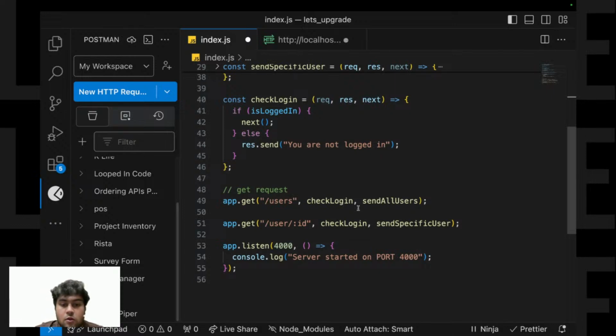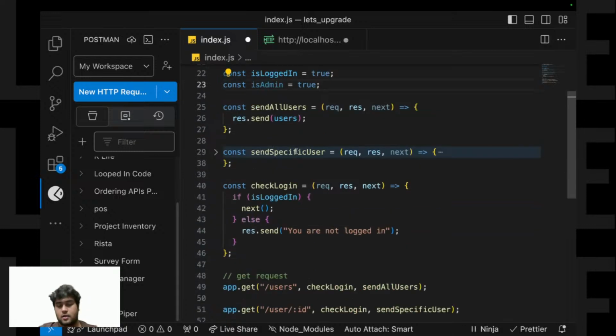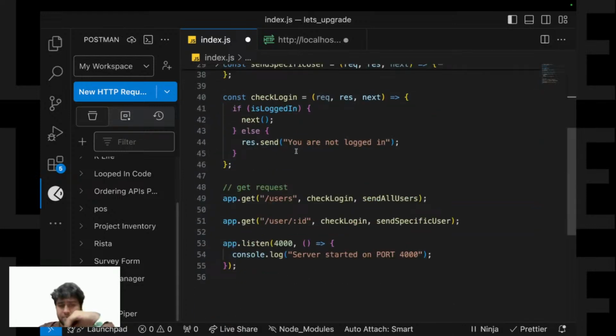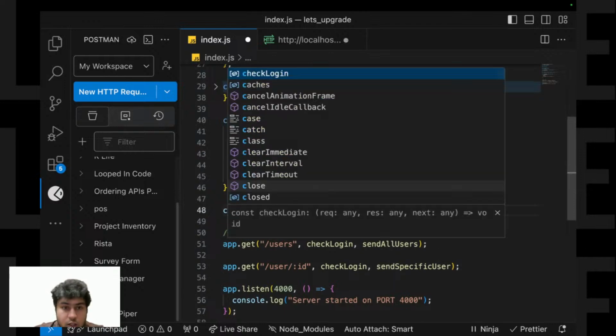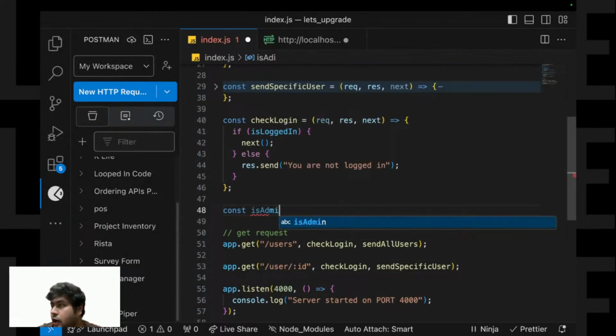Now let's say I also want to check that a user can only see all the users if he or she is an admin. So what I'll do, I'll create another function called is admin.